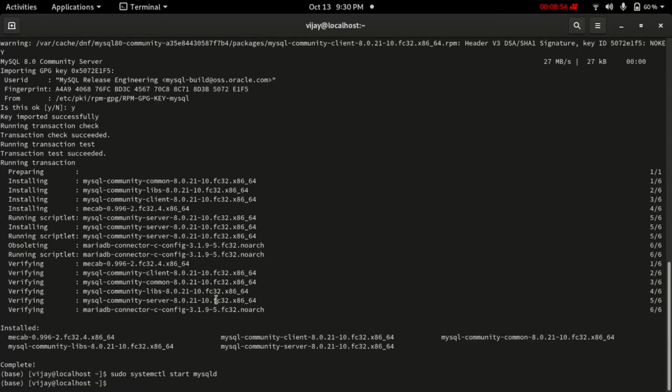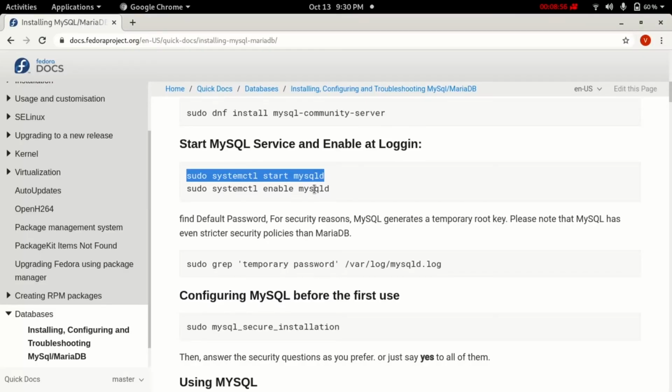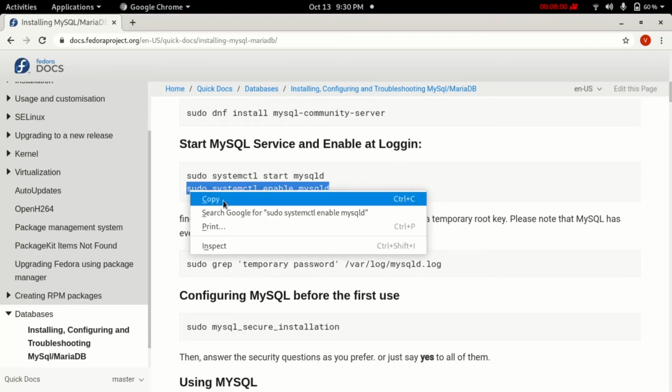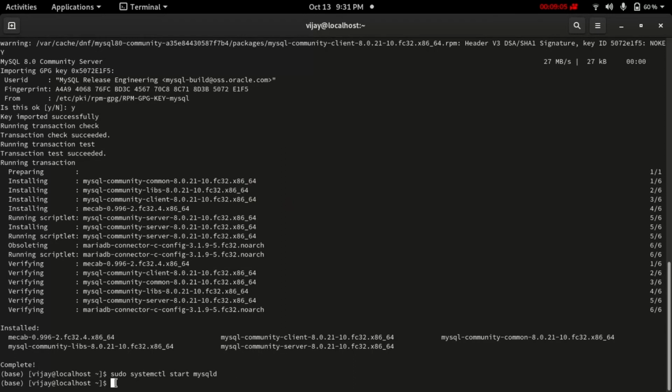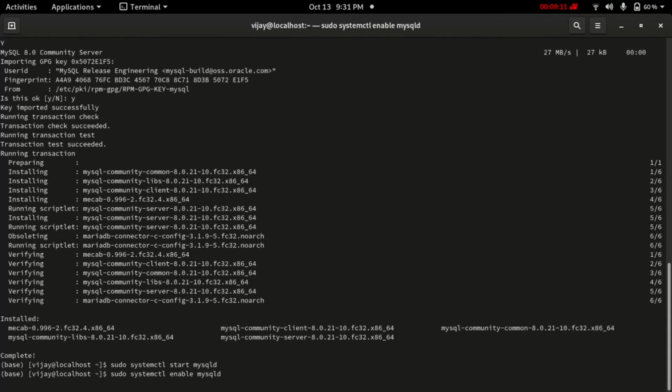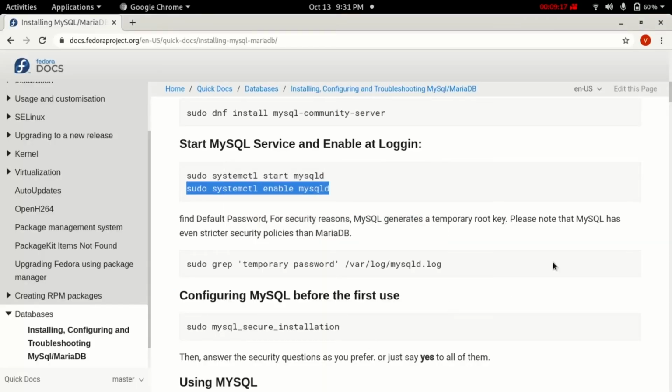Yeah, it's done. Now we will do the second step here. So this one we'll choose, and we have to enable MySQL. So we'll paste it here. First we have what we have done, start, and then we have to enable it. So now we are enabling. So now it is enabled, and the next